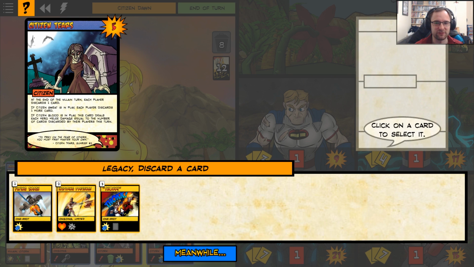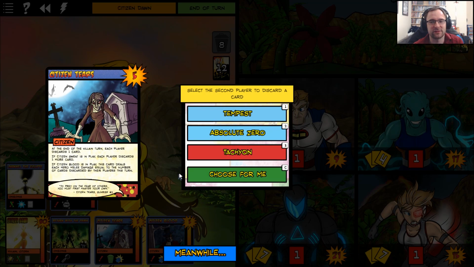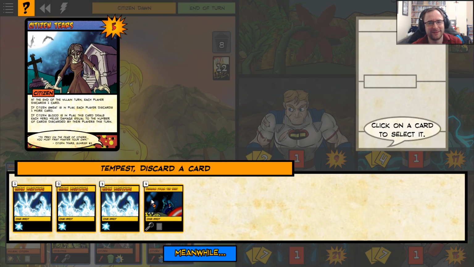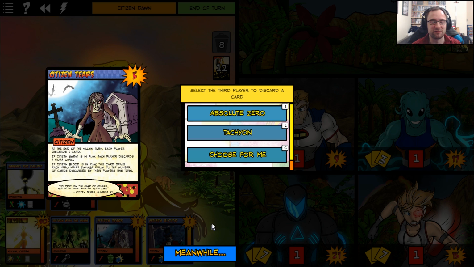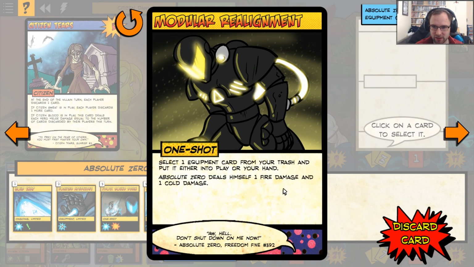I'm going to say get rid of Flying Smash. I need the things that allow me to draw. This is really bad. I'm going to keep Reclaim from the Deep. That allows us to look through our trash. I need that. I need that. What do you do? Take one equip card from your trash and put it into...